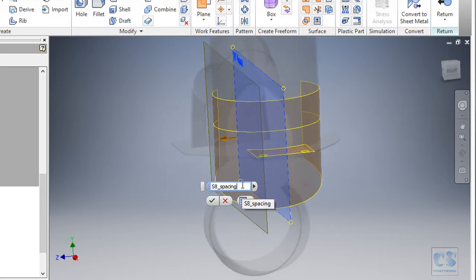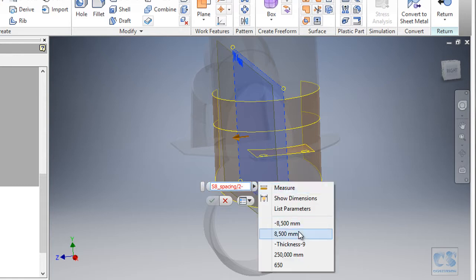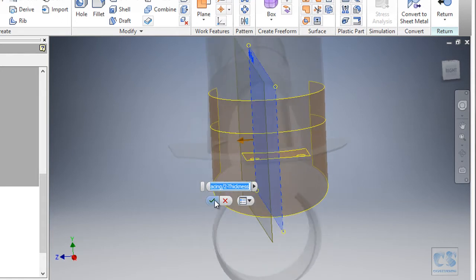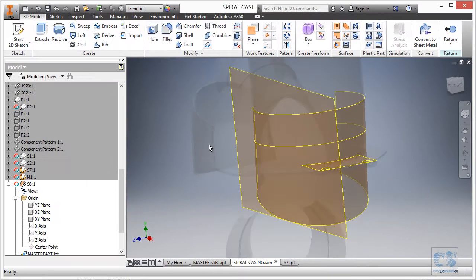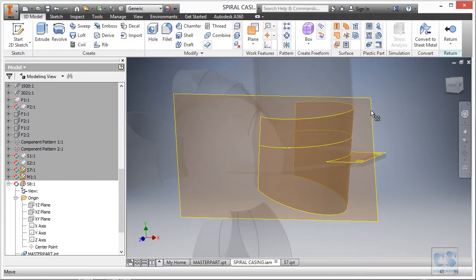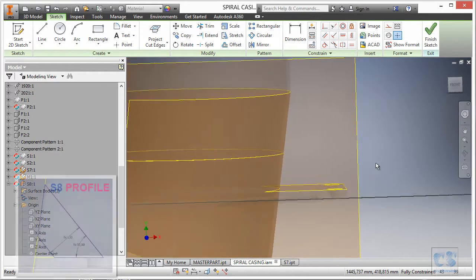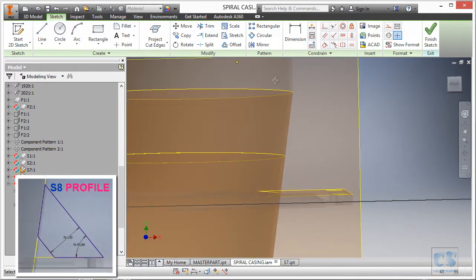We will divide it by 2 first, and then we will remove the thickness. So let's look for the thickness, and there we go. Okay, now we start sketch onto the plane,